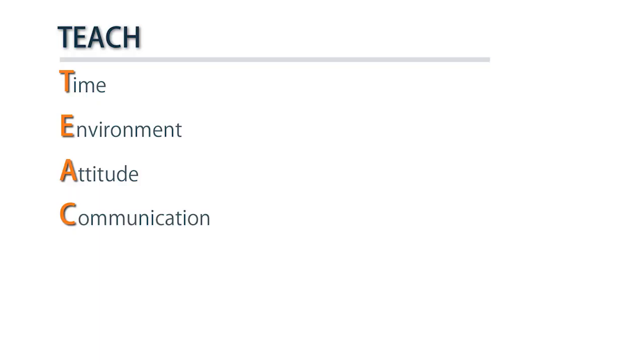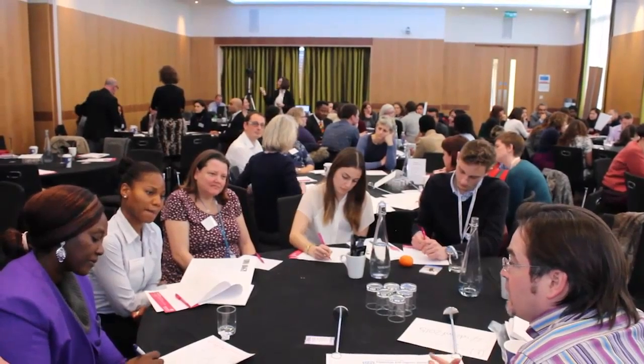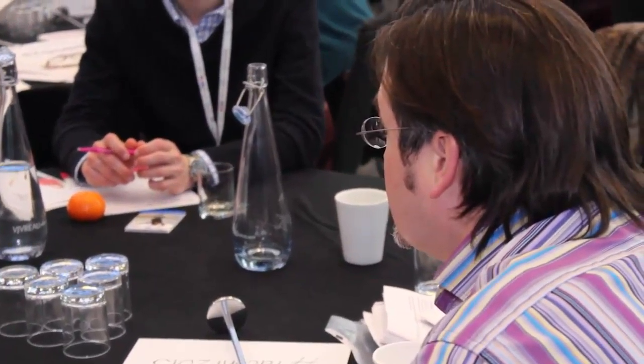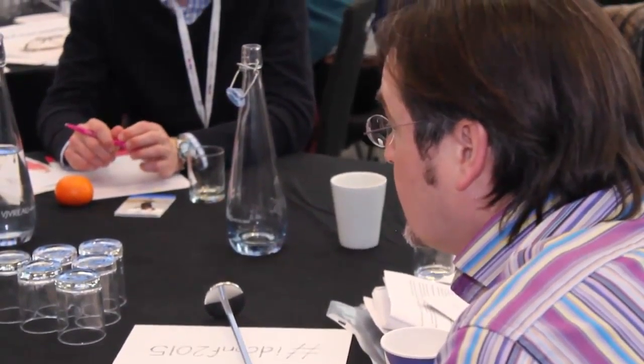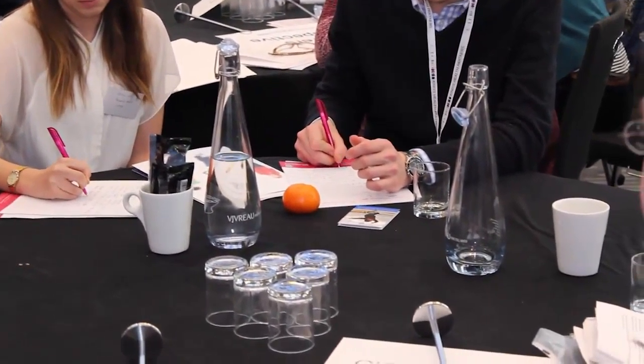C is communication. Use pictures, signs, photos, symbols. Why not use picture stories? We have it on the motorways. We don't have an essay up there telling us what to do. Why is it so different? Books Beyond Words, use them. They're brilliant. They will assist you in being able to understand whether someone has capacity or not for what they're going through and what level of understanding they have.